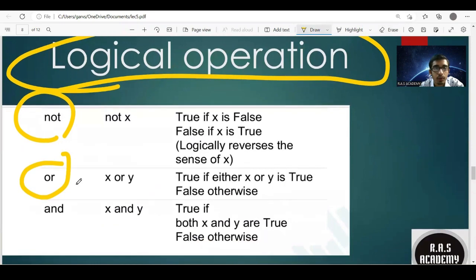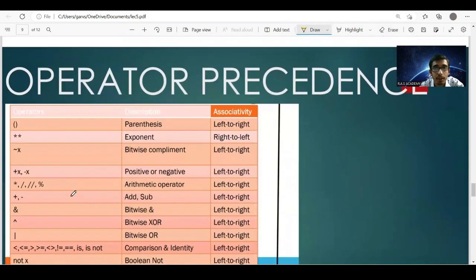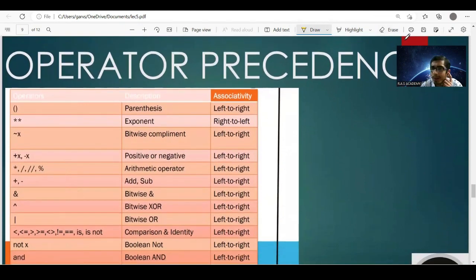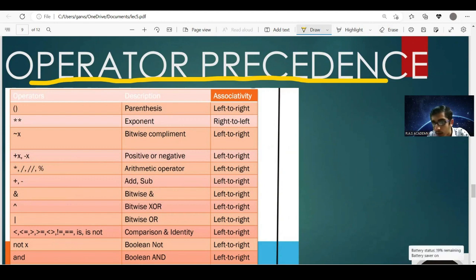At the end of the operations part, we will see some more examples. Yeah. So operator precedence basically, what is it? If you have more than one operator at a time, so I need to